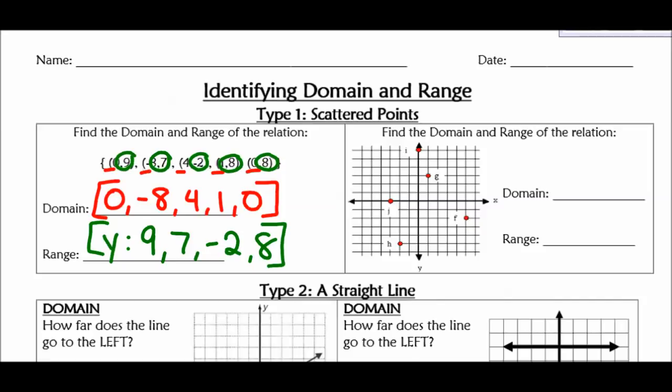Same thing for the second one, domain and range of that relation. We're just writing out the x and the y values. This one I have to read from the graph, but it really doesn't make it any tougher. You're just reading the x coordinate for each of these. So I have -3. I'm going to say that x